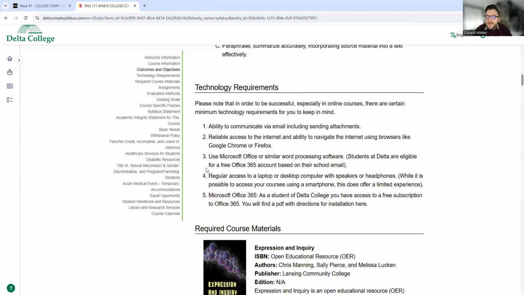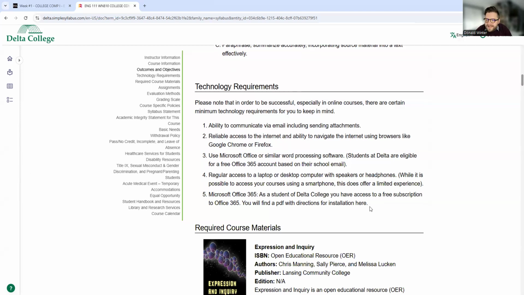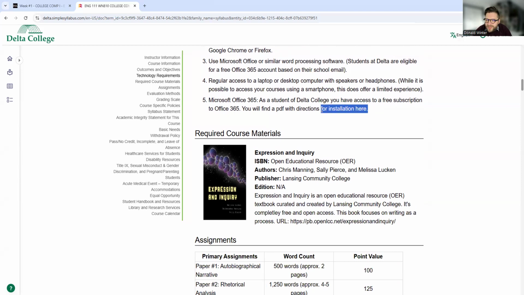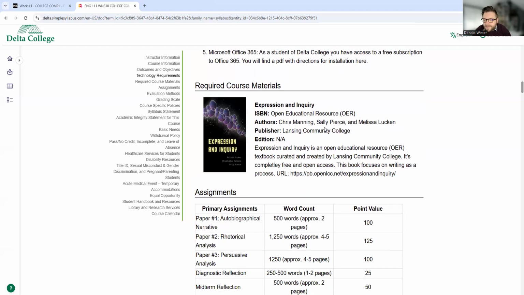But if you are interested in downloading Microsoft Office 365, basically you will open up your email and there's that little button with the windows. You click on that, and there will be a link that says download Microsoft Office 365. You'll click on that and it should download to your computer. I need to double check, for some reason the PDF with directions is not listed right there. I need to talk to e-learning to see if I can get that embedded right there for all of your convenience. If you need any help with that, just email me.